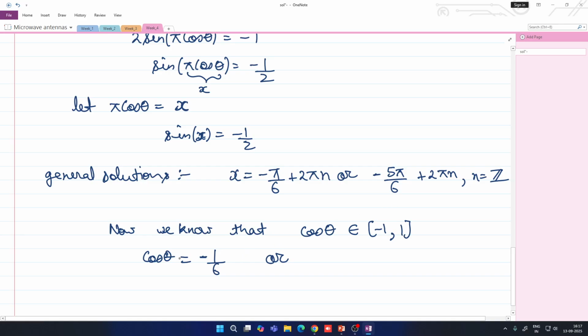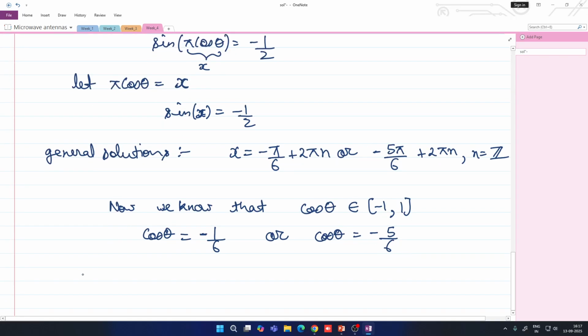So cos theta can be either minus 1/6 or minus 5/6. Now for these values we can calculate theta, that is theta 1 can be cos inverse